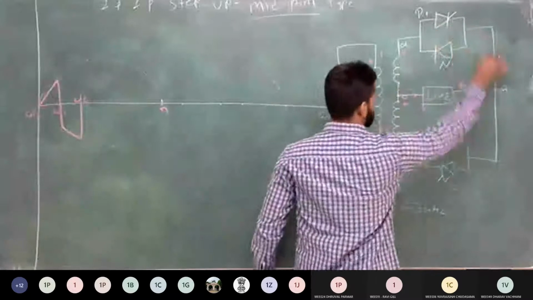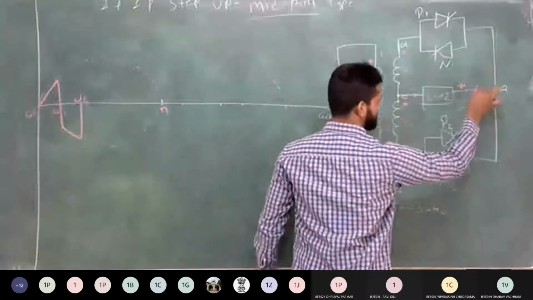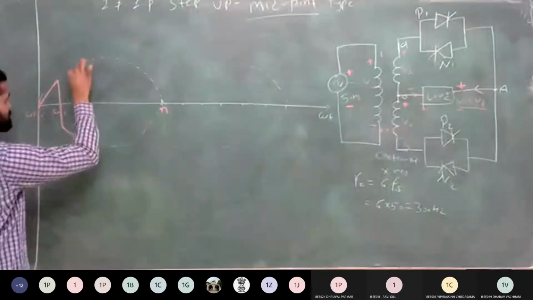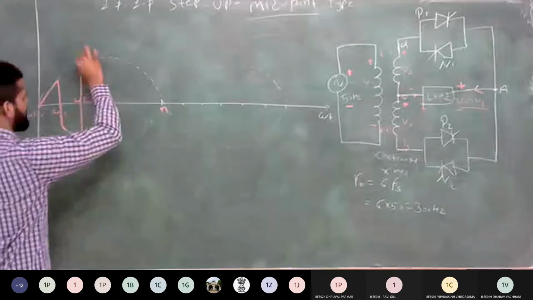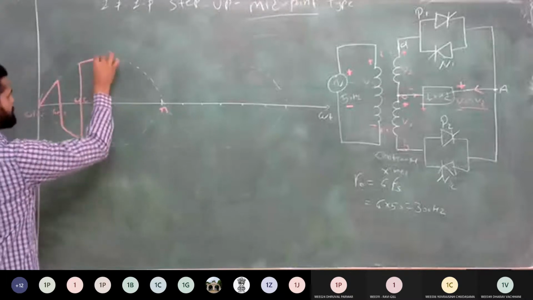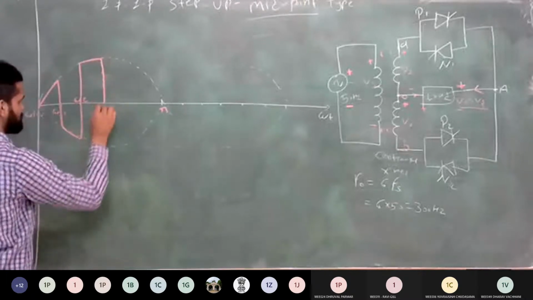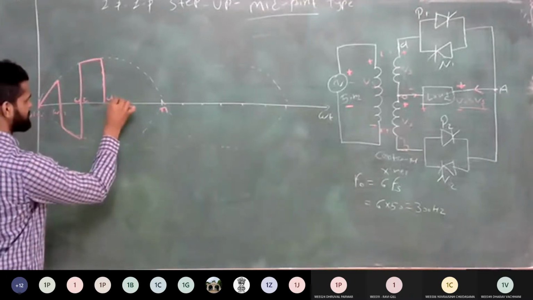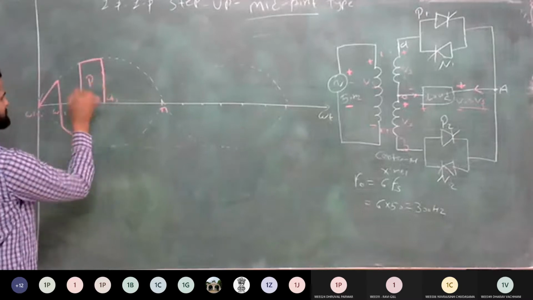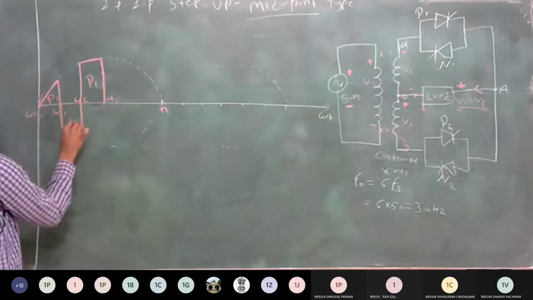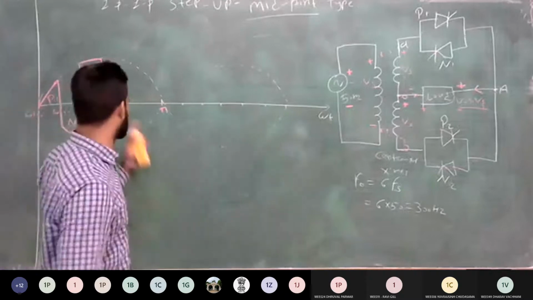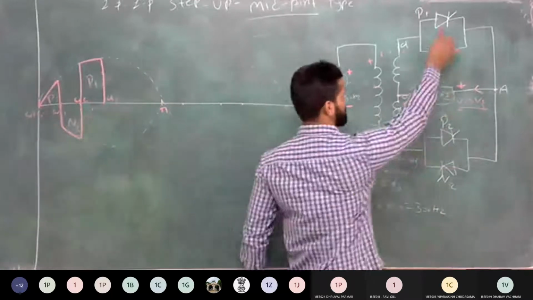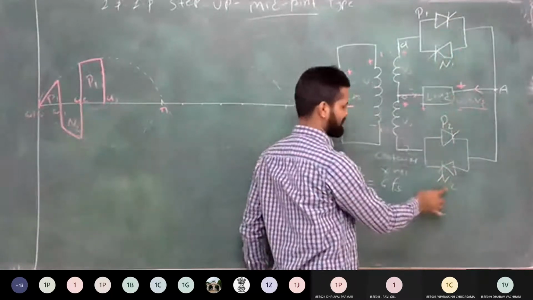So again current is flowing in the same direction, a positive direction and positive voltage. So after omega t2, my output voltage follows the envelope of positive voltage up to the angle omega t3. Now again, let's write down P1 and N2. Now after this omega t3, I have the reverse negative cycle at the load side, so again forcefully turn off P1 and turn on N2.